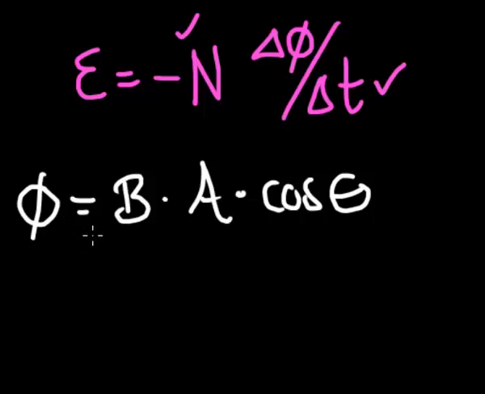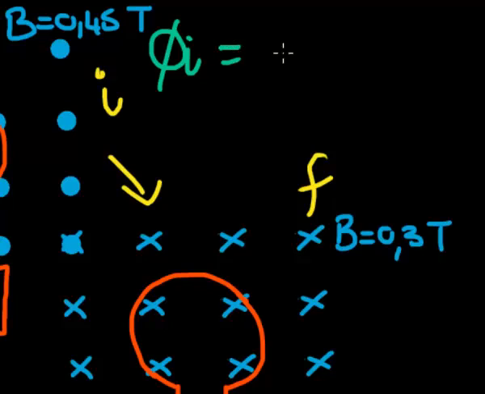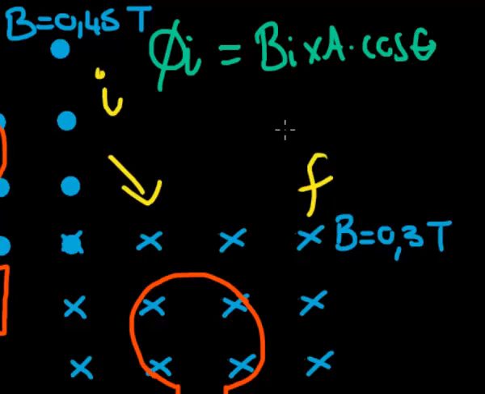So we're going to do two calculations, that of my initial magnetic flux and the final, and only then can we calculate the change in magnetic flux. Good, so my initial magnetic flux is my initial magnetic field times the area times cos theta. Now we note that we've got our 0,45, but once again we do not have the area of the